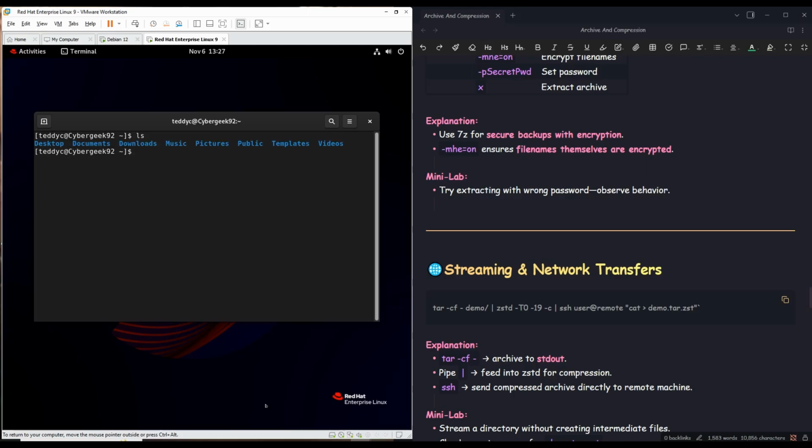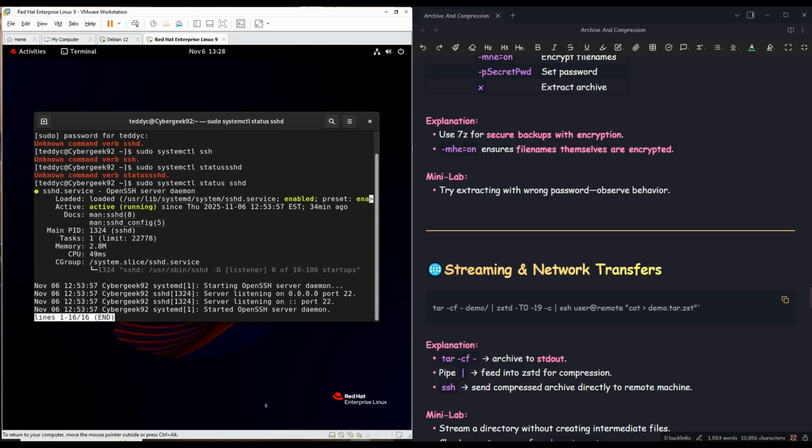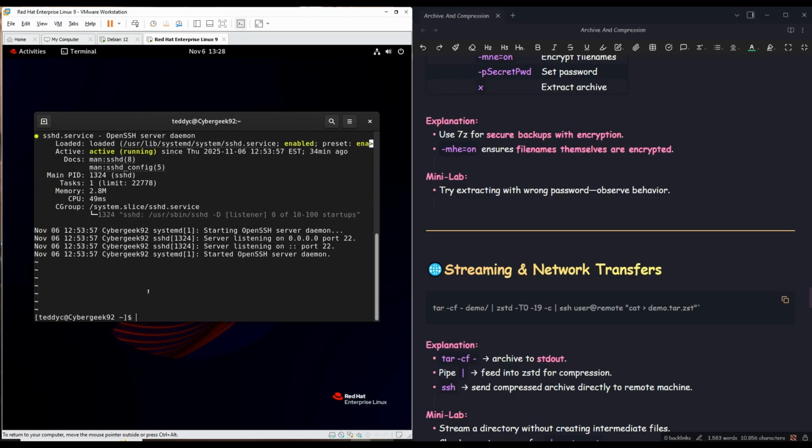Okay, so let's do sudo systemctl sshd. I think that's how I check it. Let me see, sudo. Oh, I forgot the status. Oops. Okay, SSH is running, so we can